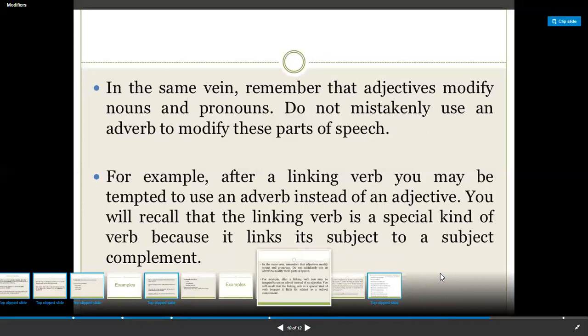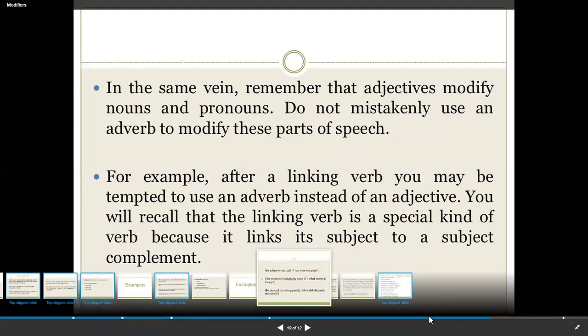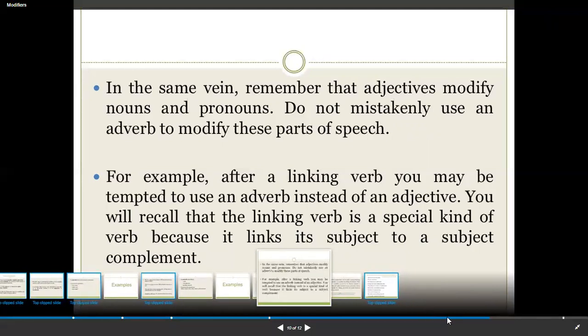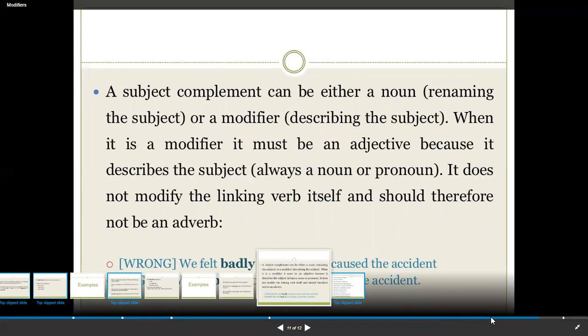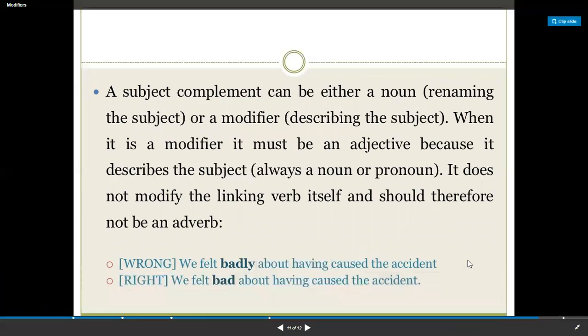But in the later sentence, John met Mary in the only train yesterday, the place where this modifier has been used is throwing more focus on the time, or in fact, the train, the only train that was available on the previous day. So this is how one can have lots of fun when it comes to learning modifiers. We have to be very particular and clear as to how and where we wish to use a modifier. A subject complement can either be a noun, renaming the subject, or a modifier.